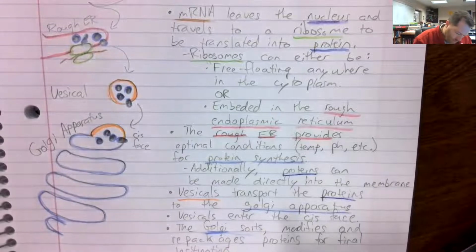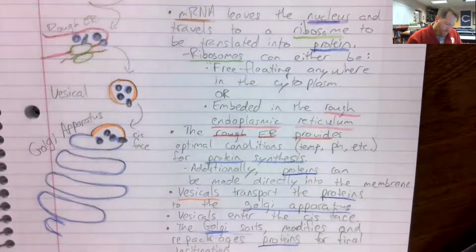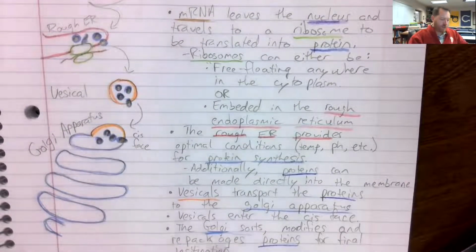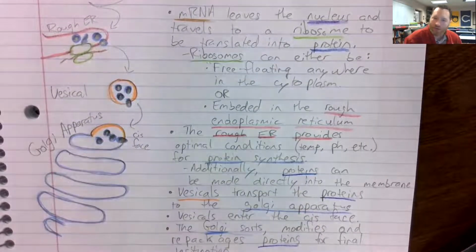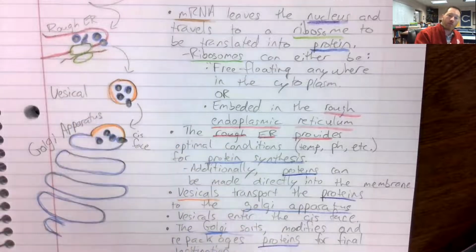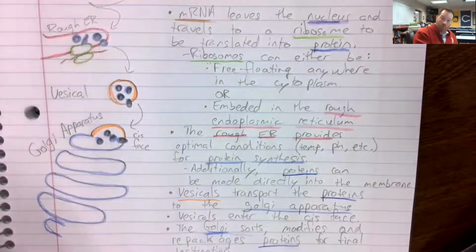And what's going to happen at the Golgi is that these proteins get sorted and modified a little bit, and then finally repackaged and sent out in another vesicle